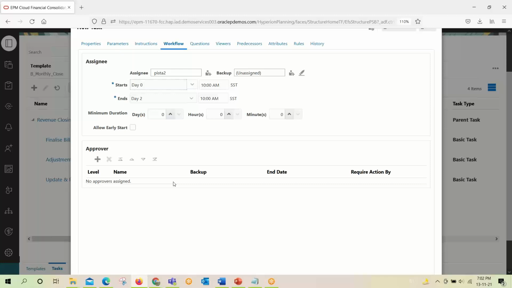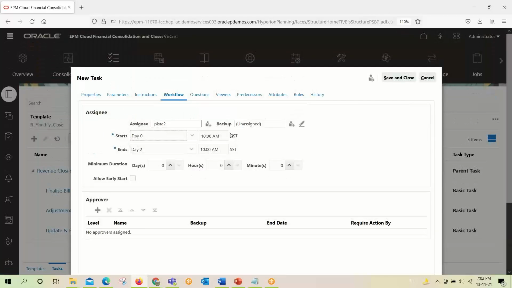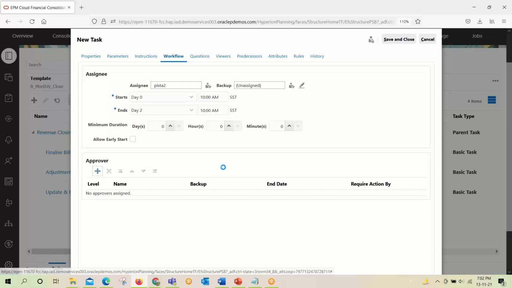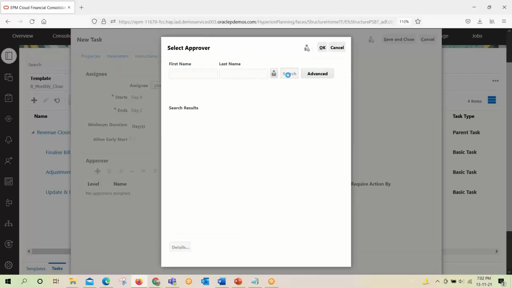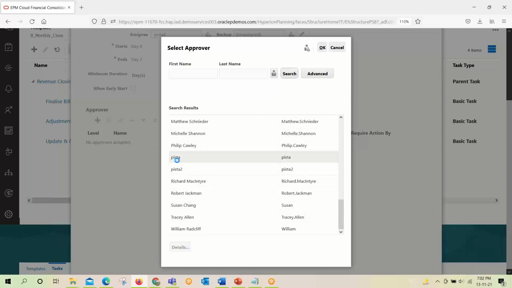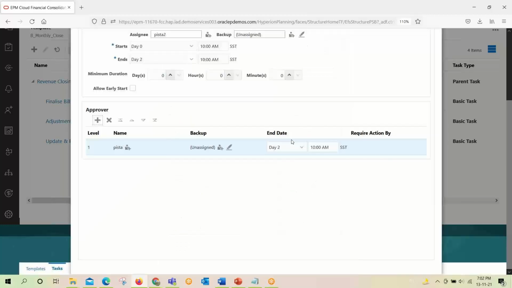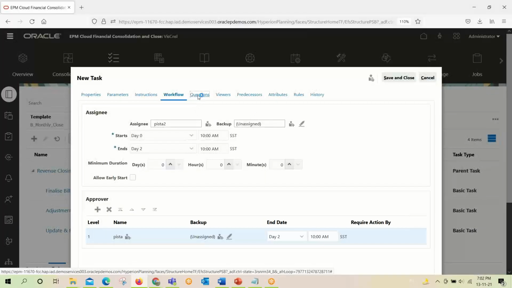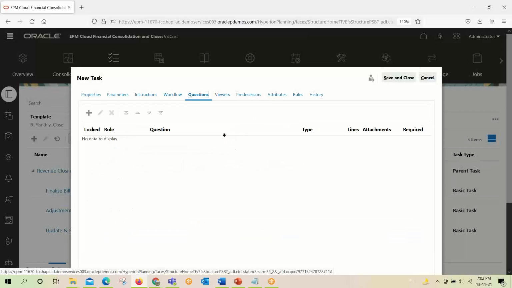Meanwhile, he can prepare the format, do the formatting and other aesthetics, and add aesthetic value to the PPTs. We are not providing any backup, and here comes the approver. I will add one approver here. The approver will be Pista, who is supposed to be his manager or the reporting authority. Here comes the option of question, so we will put a question here.